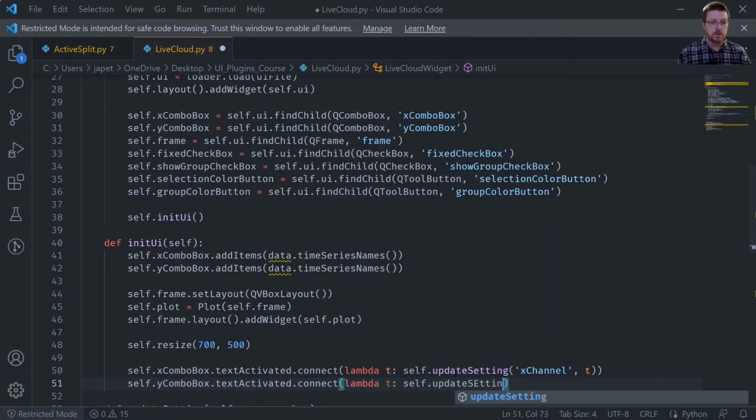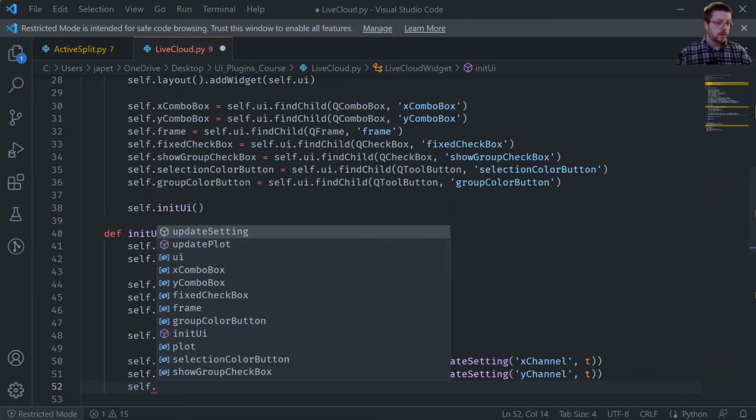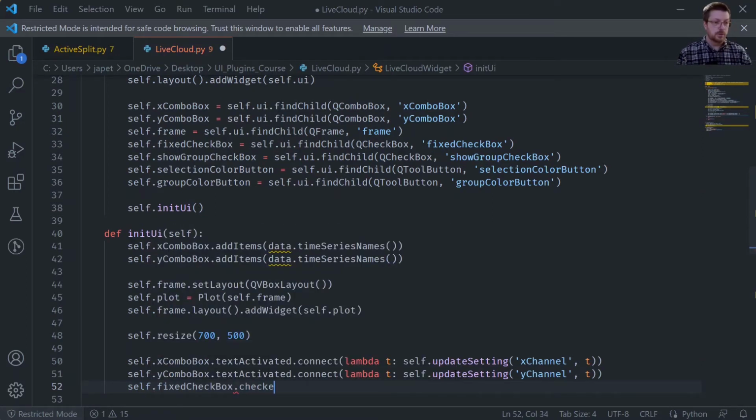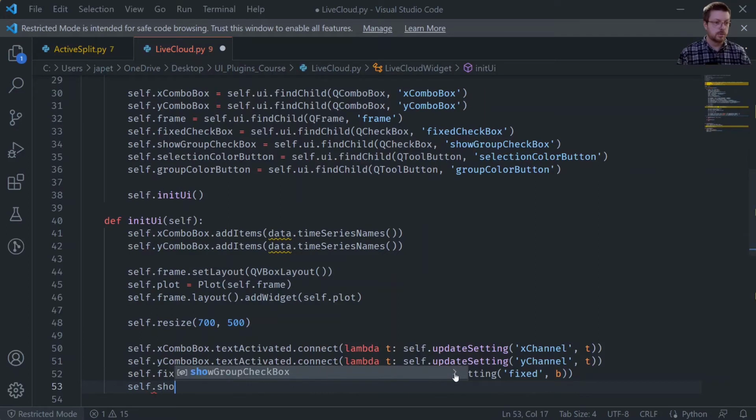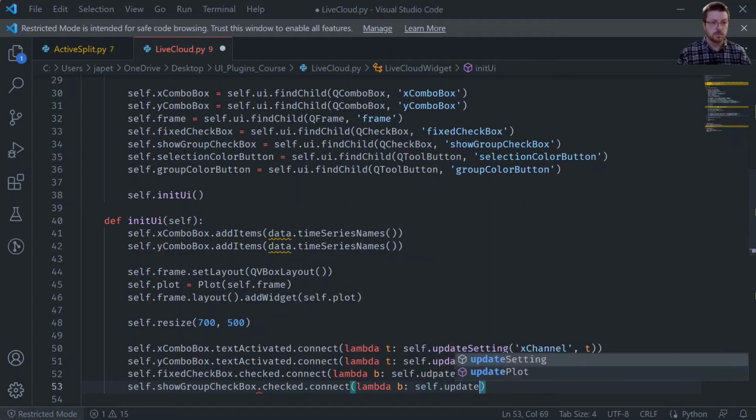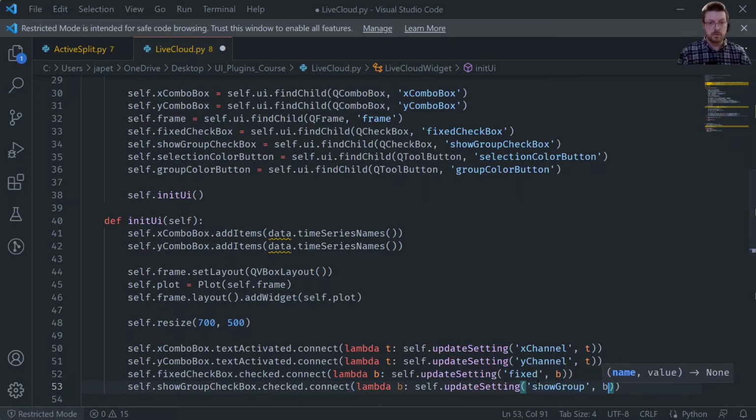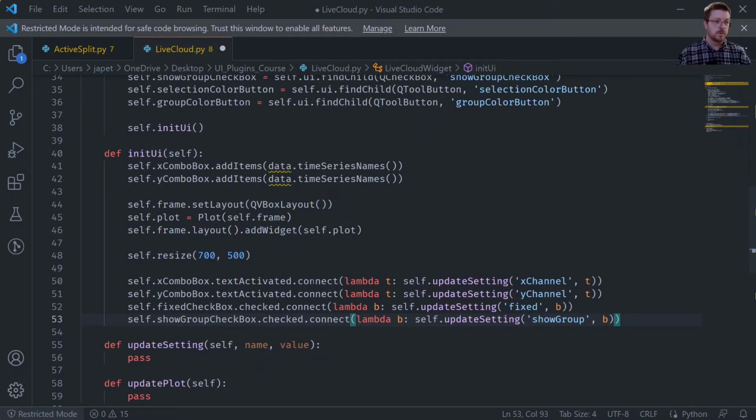We'll do the same thing for the Y channel. And we'll do the same thing for fixed checkbox.checked, I think. Fixed. There's a typo here, update, and that will be show group. And okay,